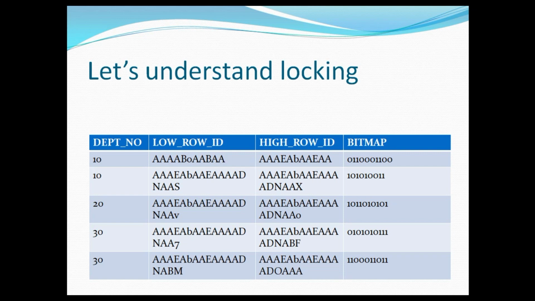Guys, note this down and analyze this in your projects as well. If a bitmap index is being created on a table, it should be on a low cardinality column, and that table should not have frequent updates, if at all. This applies for inserts and deletes as well. So if you are having updates in parallel and there are processes that are trying to insert or delete data, for example, if an employee from department number 20 has left the organization, then we will have to update the bitmap index as well. We will have to delete his entry, which will again require an exclusive lock, but the entries are already locked by other transactions, so you will have deadlock issues.